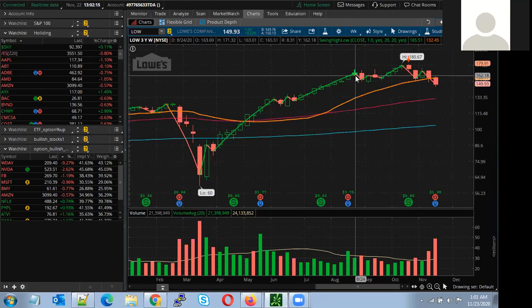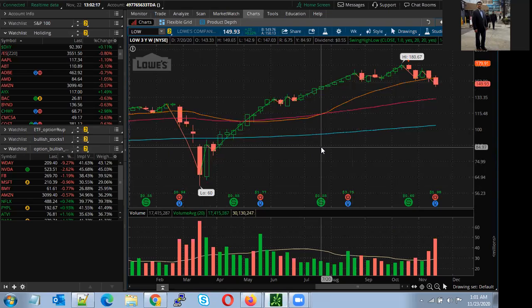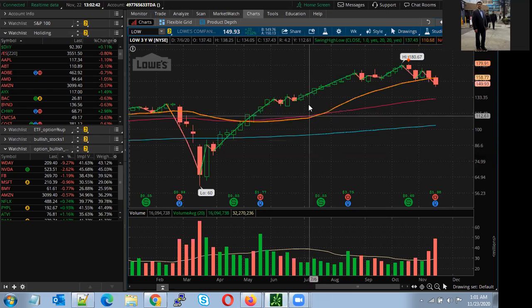So what we are trying to do here, on this technical side, we are just looking for the buyer to come in. Confirmation needed, confirmation that the buyer is in. I am losing some money, I am not worried about it. I am seeing the buyer, and I will hop on with my option call for long term, and I will make some money. That is what the chart is telling us, with all the indicators we are putting on.